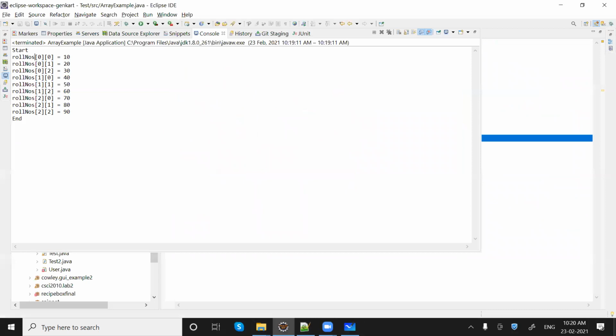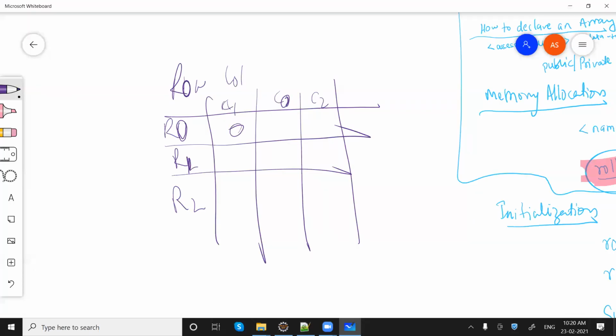So you can see 0,0. That means we are talking about this position. When we say 0,1, that means we are talking about this particular position. When we say 0,2, that means this one. And it will be,